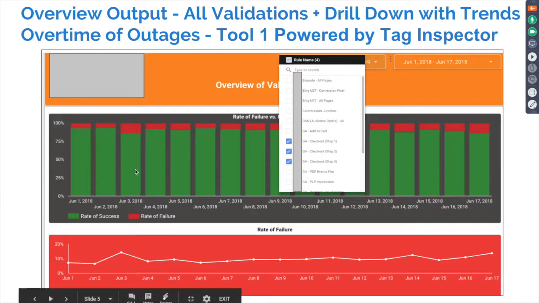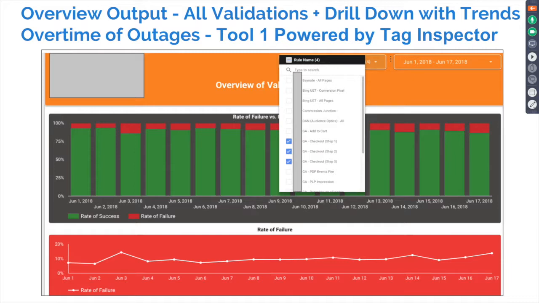So tracking this over time, seeing your trend lines of when there were failures across your platforms, across all your rules and things that you're checking for, it'll help you be more preemptive and prescriptive, if you will, in fixing your data collection, making sure that ongoing monitoring and data validation remains, and you have integrity with the data that you're collecting.